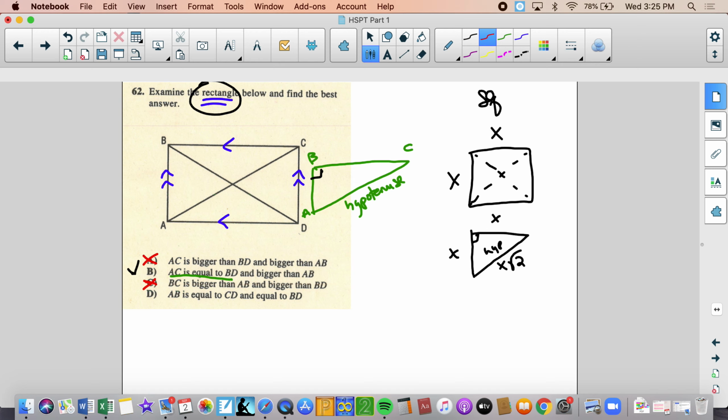Let's look at D. AB is equal to CD, that is true, and equal to BD. No, it can't be equal to it. It will never be equal to it. Because that's the hypotenuse, and it will always be greater than any of its legs. So this hypotenuse, AC,